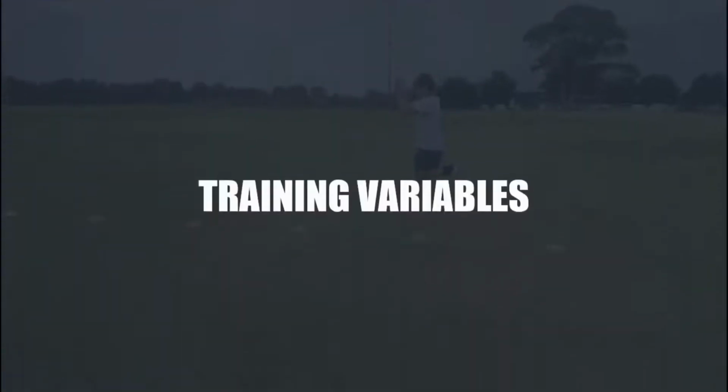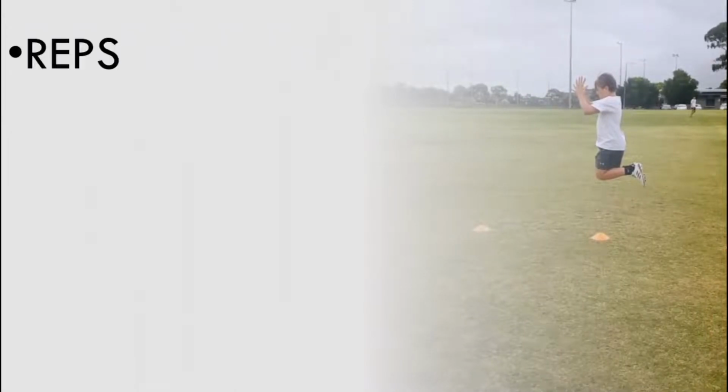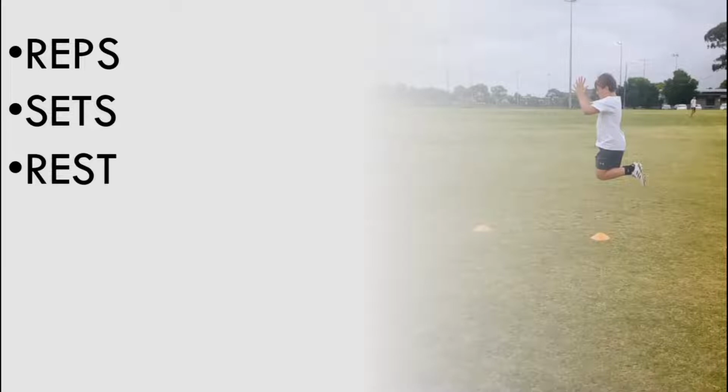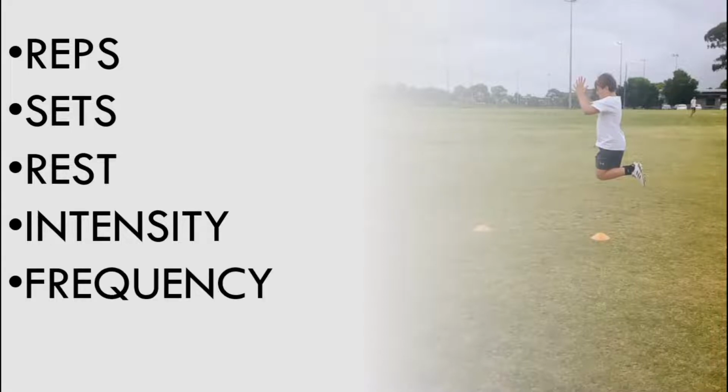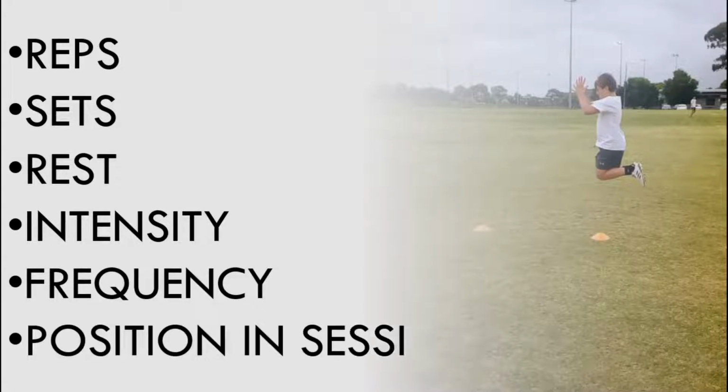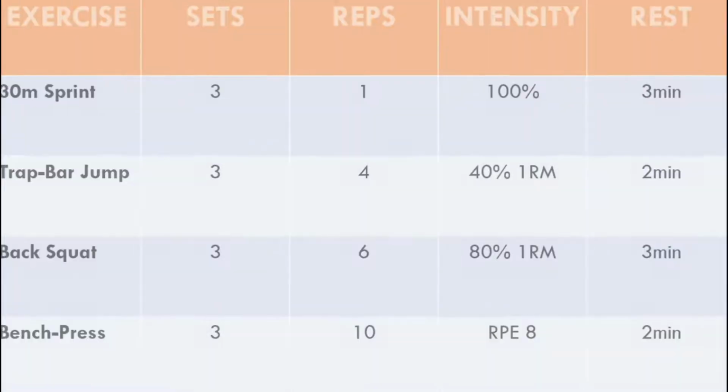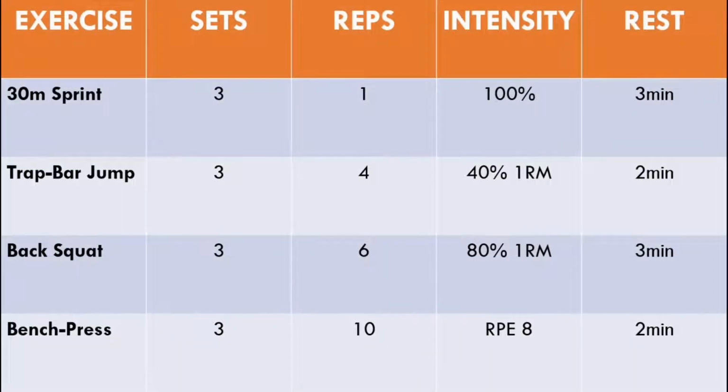First, we need to establish what training variables we have that can be manipulated to train various qualities. The variables are number of repetitions, number of sets, rest periods between sets, the intensity of the exercise, such as load or speed, the frequency of training, and where to position the quality in the training session. When writing a training program, these 6 variables can be altered to suit the particular athletic quality that is being